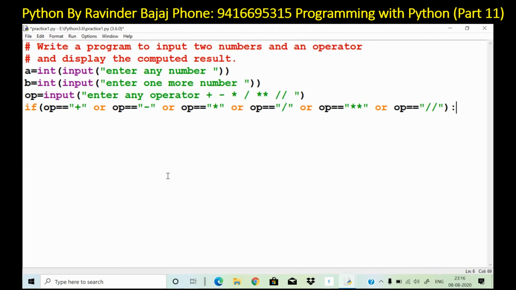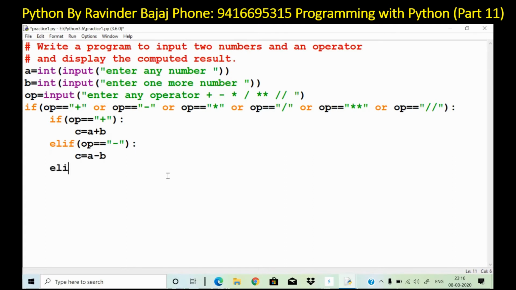Otherwise we will print it is not a valid operator. So this condition is true. If operator is equal to plus, then c is equal to a plus b. Else if operator is equal to minus, then c is equal to a minus b.